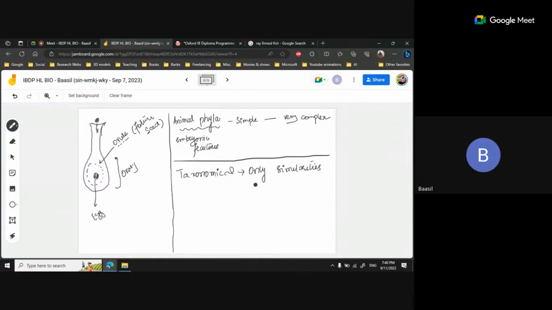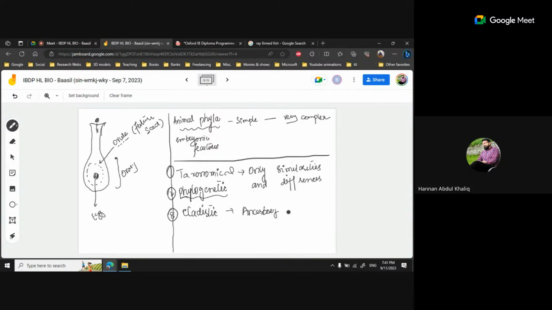Okay, no ancestry. Then came the second one, the phylogenetic, which literally involved the ancestry. First, second, third. Third is the cladistic approach. The cladistic approach basically classifies on the basis of ancestry,